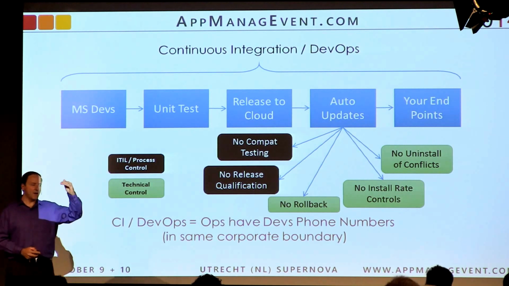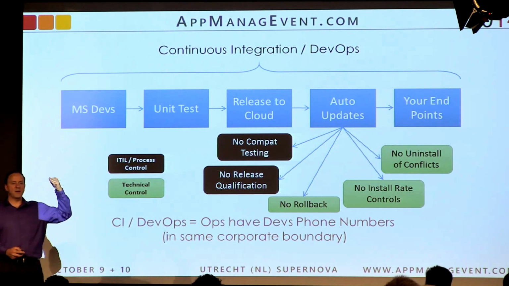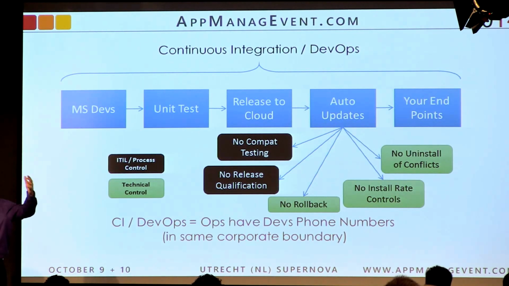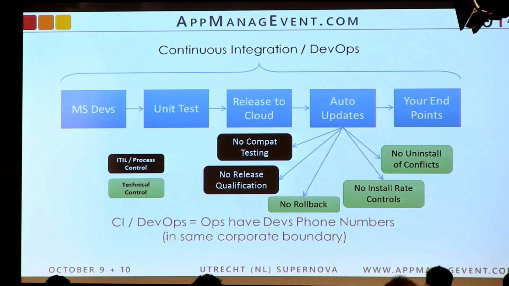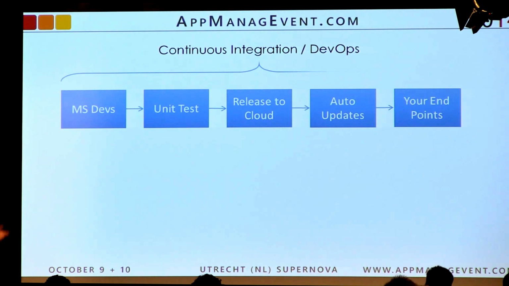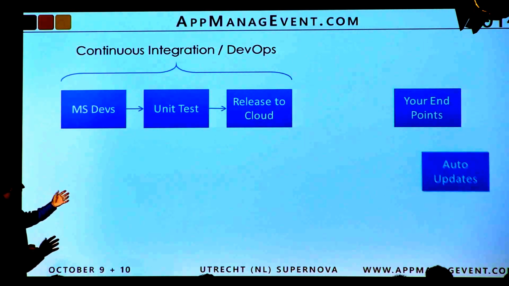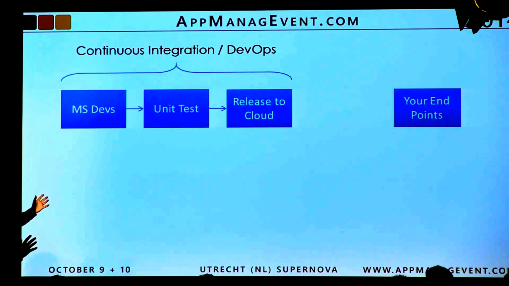So there's a lot of things. Office Communicator 2007 has to come off the box for me to put Lync 2013 on and not have problems in an enterprise environment, right? So there's a lot of times there's a lot of fix-ups you have to do if you're preparing the endpoint. So I think that continuous integration ought to stay within the same boundary of a company. I'm not keen on auto updates right from Microsoft.